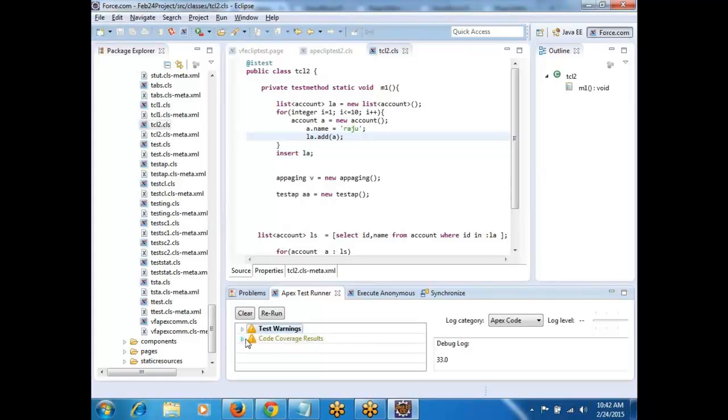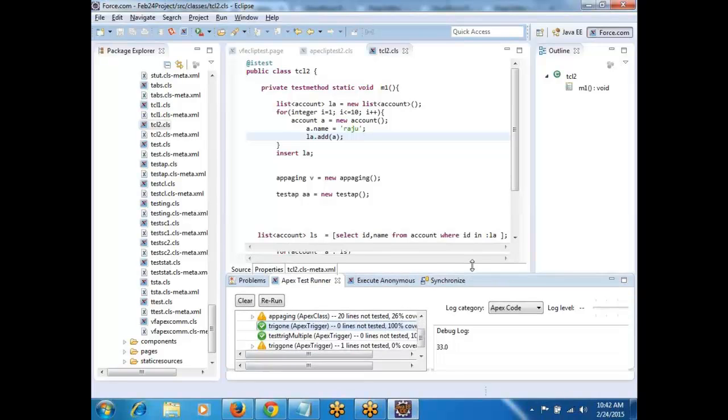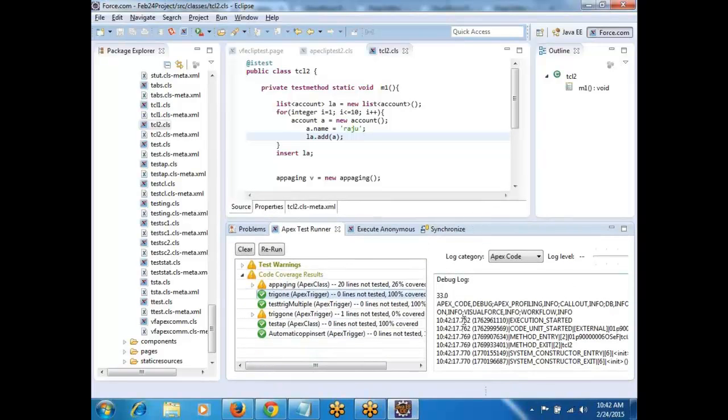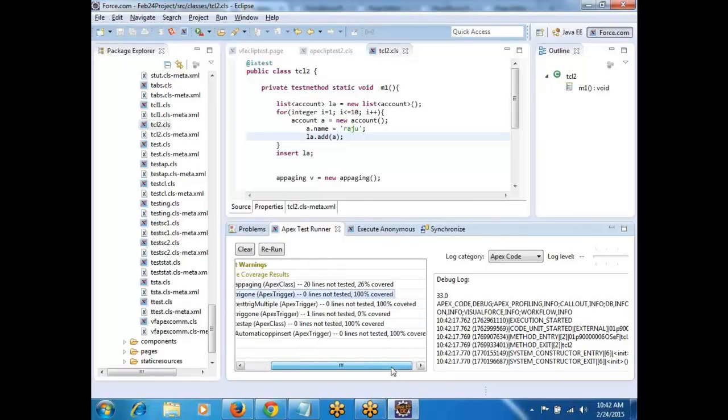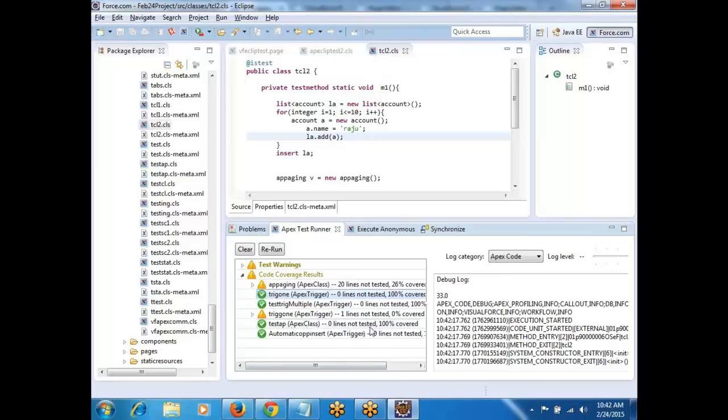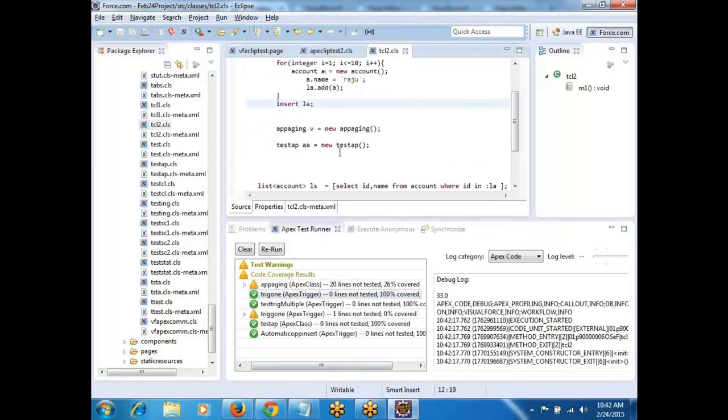Same here, code coverage, test trigger 1, 100% code coverage. And test app, it's 100% code coverage. In test app, what I have done, it's calling which method? M1 method. When it's calling M1 method in test app,